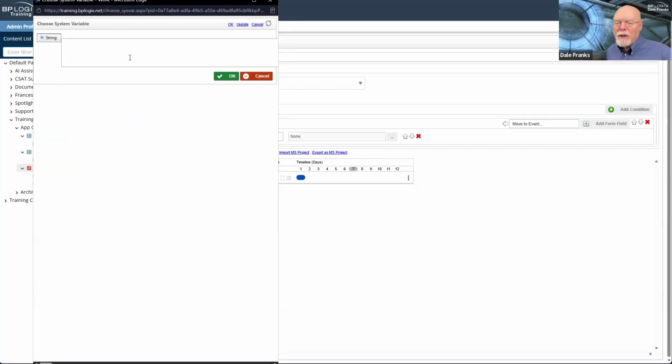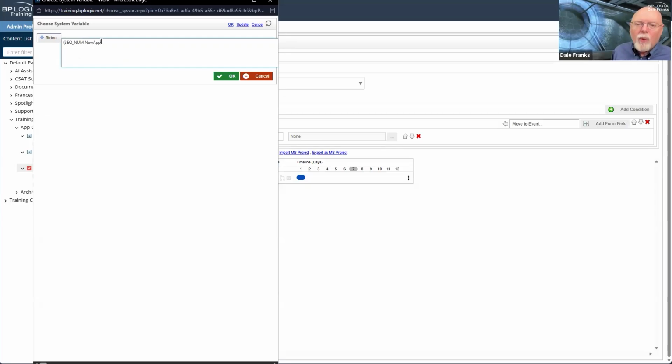And there's a whole bunch of different ways that I can format sequence numbers. You've seen me do it before. I'm going to just do something very simple. I'm just going to set a regular auto numbered sequence number that will start at 1 and run through n. So I'm just going to use the sequence number system variable. But I don't want it to be a generic sequence number. I do want it to be specific to this process. So we'll call it seqnum new app.